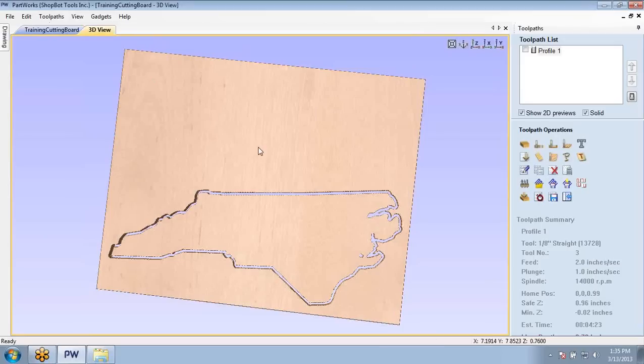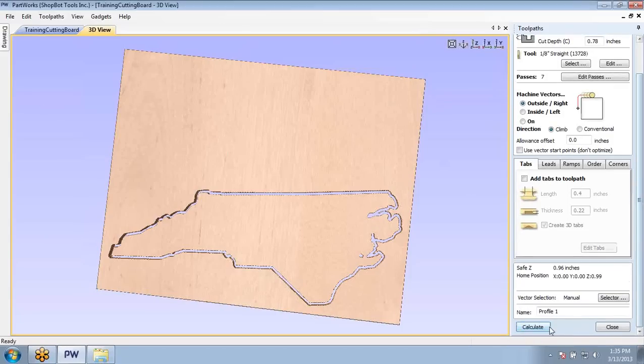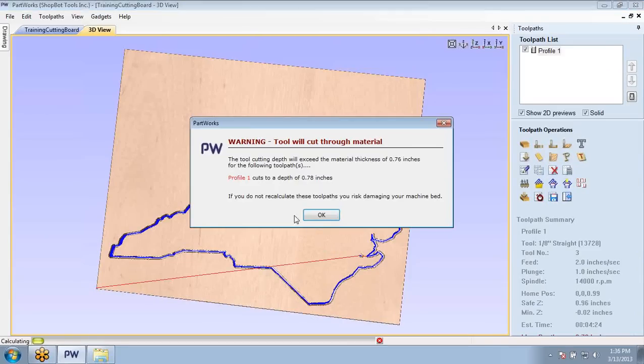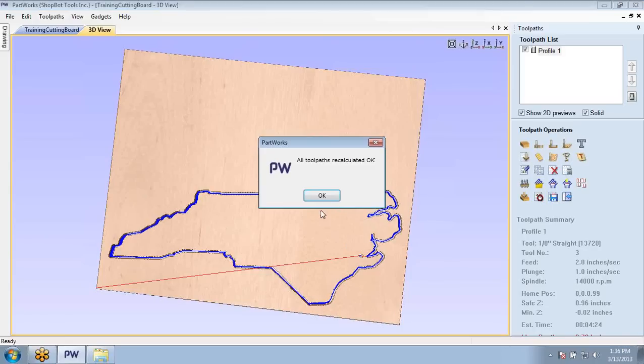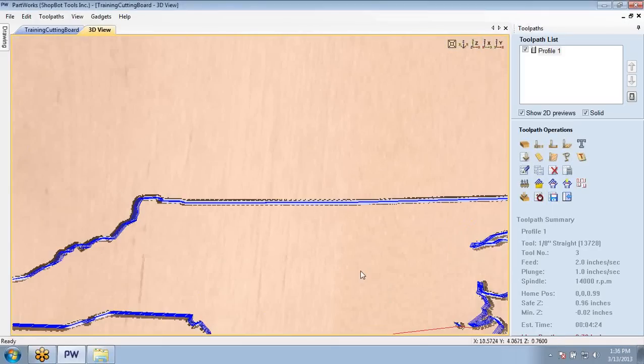Now when I come back here, I will need to do a recalculate of all toolpaths, because right now I've just got a saved profile of the first toolpath. So I could either hit recalculate, or I can come in here and hit calculate. It's nice to know this recalculates here, because what if you had like 5 or 6 toolpaths? It would then recalculate them all. So it says OK, they've been recalculated. Now I look down in here,